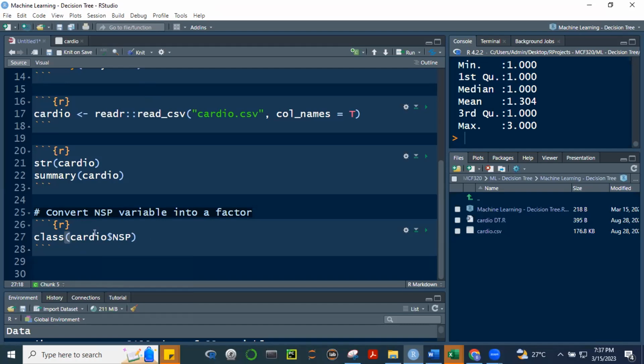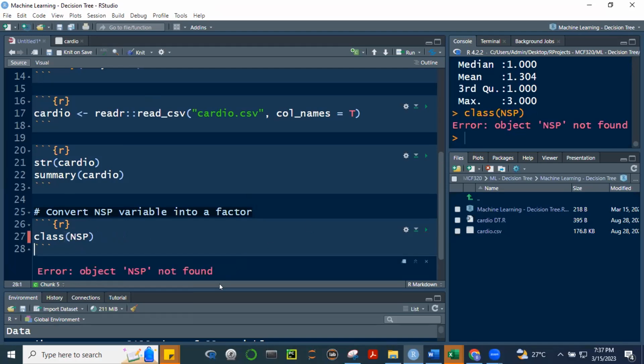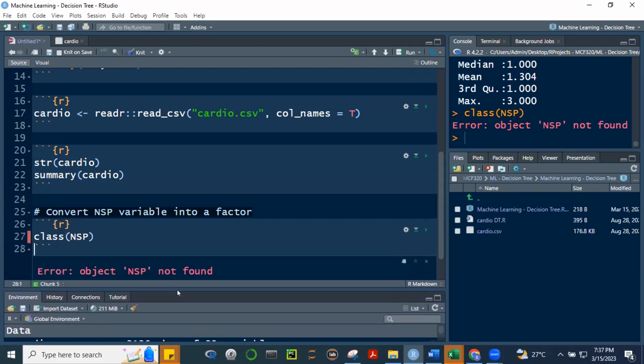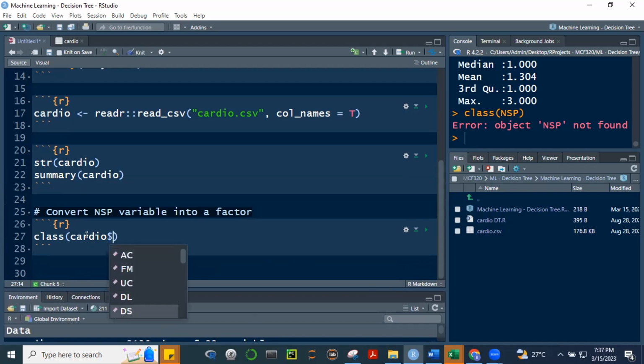Class of NSP lang, by the way, hindi mare-recognize. Class NSP, mag-error yan, Control Enter, because there's no such thing as NSP as far as R is concerned. Diba wala namang data dito na NSP, no? NSP is a variable contained in cardio. So you have to define, in fact, when you run this, pag nag-cardio kayo and then $ sign, you'll notice that it will give us different variables under the cardio object.